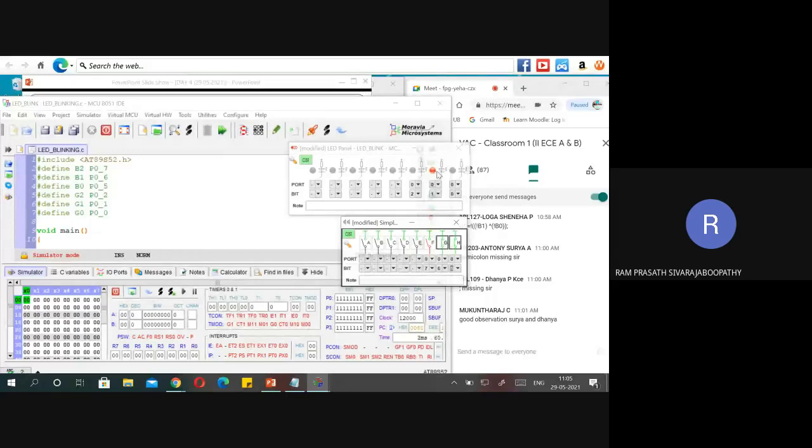0 1 0, correct? Yes. If I give 2, there I will get 3. Correct? 0 1 1. Yes. If I give 3, then you should get 2. Correct? Correct? Fine. If I give